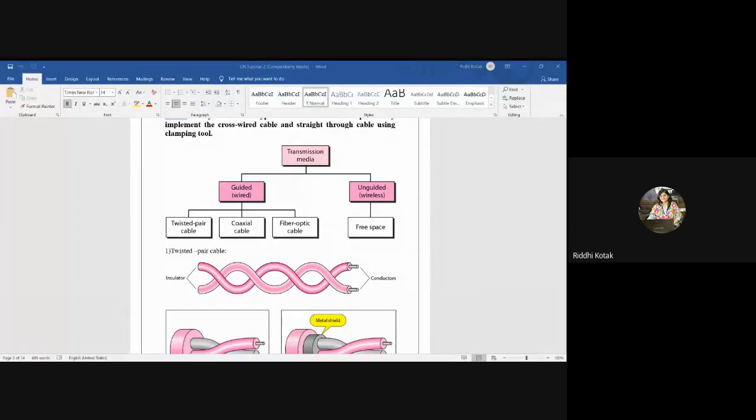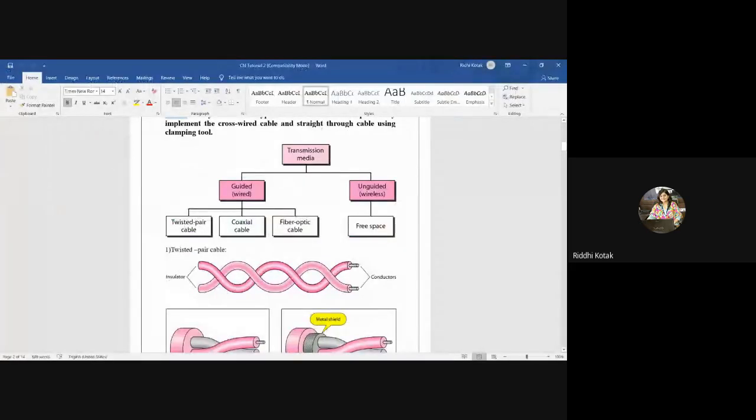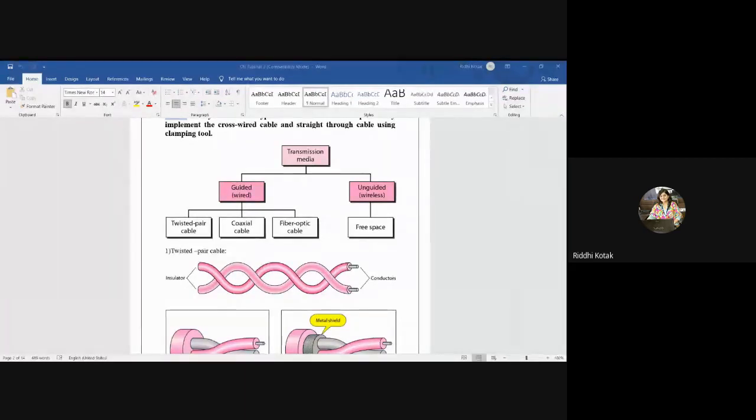Okay, so before we go with the practical implementation, quickly we will revise this, right? What we have learned is that transmission media is divided into guided and unguided. If you go with guided media, you can use many cables like twisted pair cable, coaxial cable, and fiber optic cables, right? Among these, its structure, advantages, disadvantages, and what kind of functionalities are there regarding each cable, we have discussed, right?